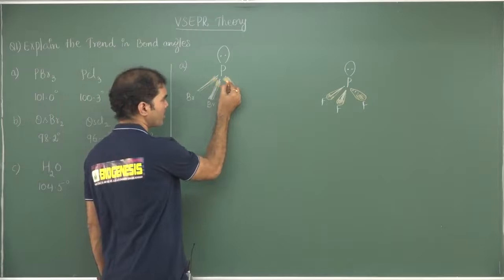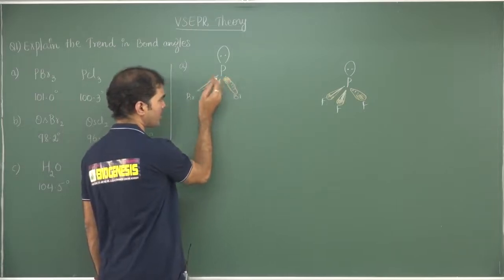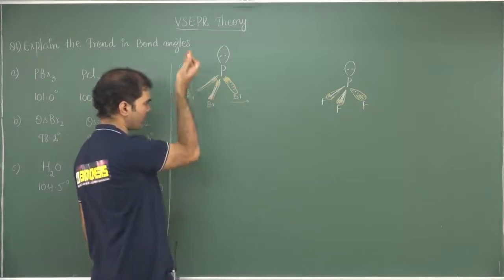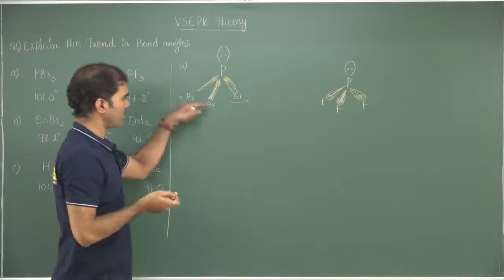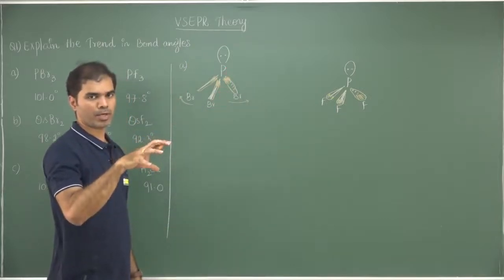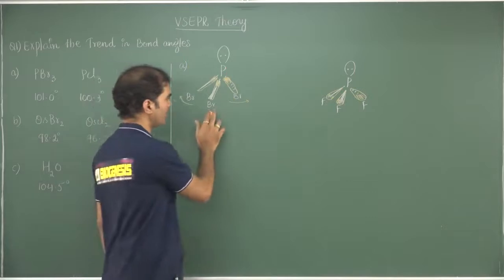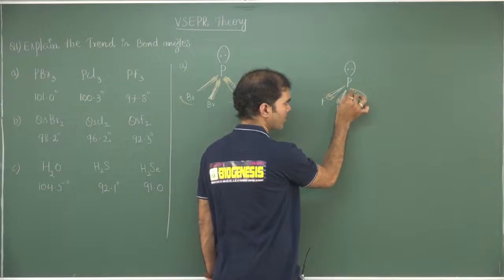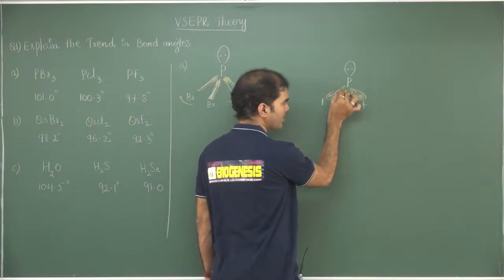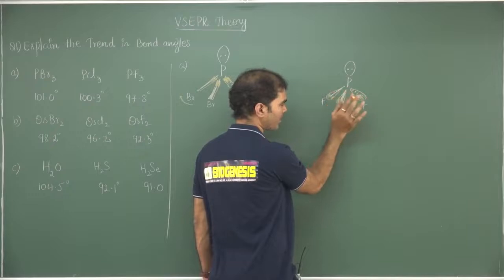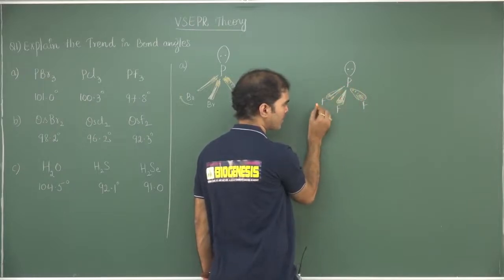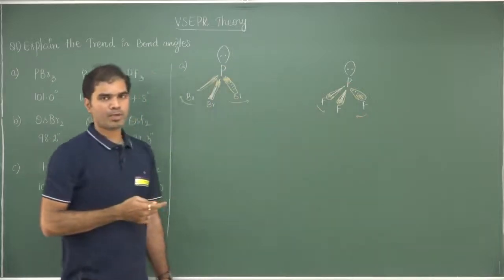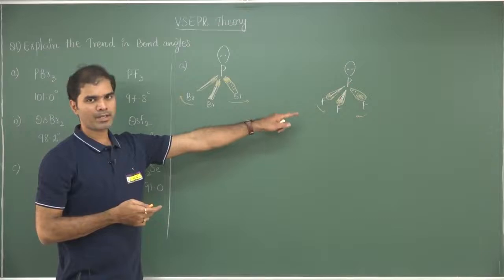Since there is more electron density, repulsions will be large, and due to these repulsions, the bonds try to move away from one another. Therefore, the bond angle will increase in the case of PBr3. In the case of fluorine, there is less electron density concentrated in the bond pairs towards phosphorus. Since there is less electron density towards phosphorus, these bonds come close to one another. Since the bond pairs are coming close to one another, bond angle will decrease.